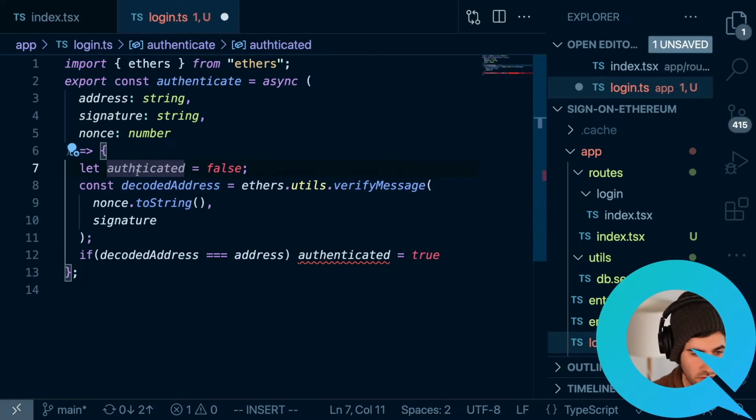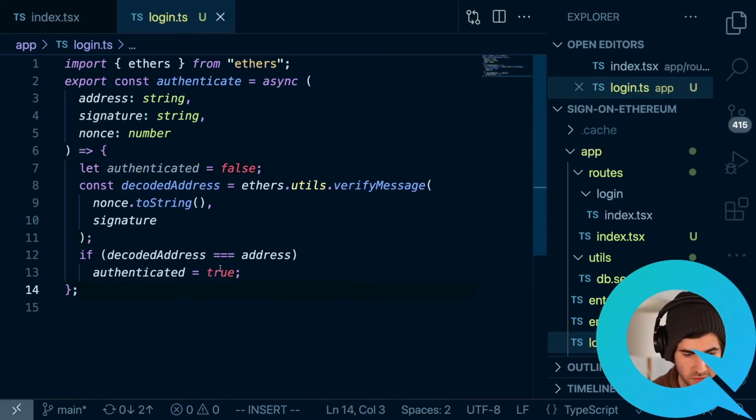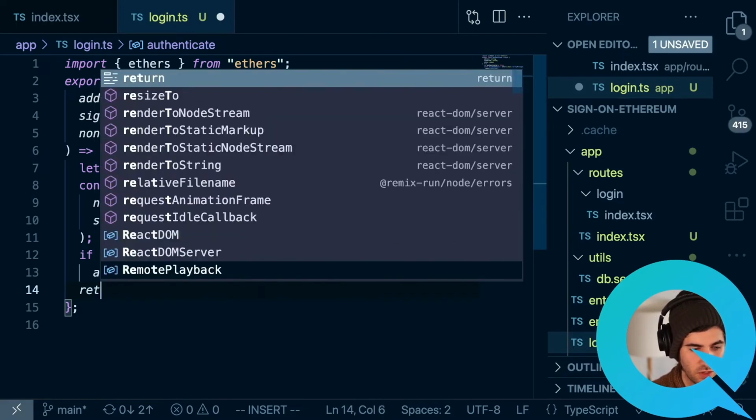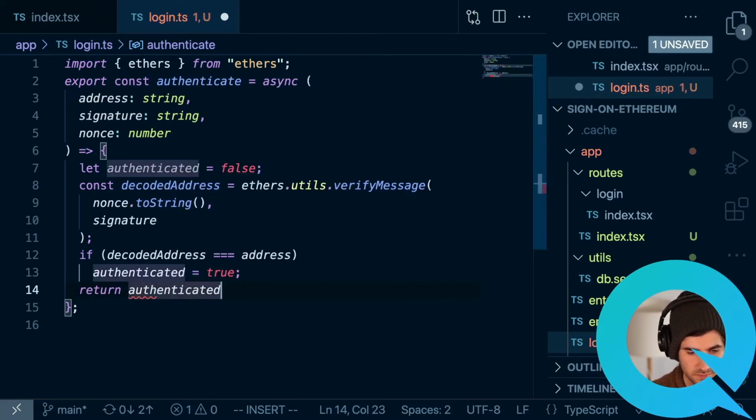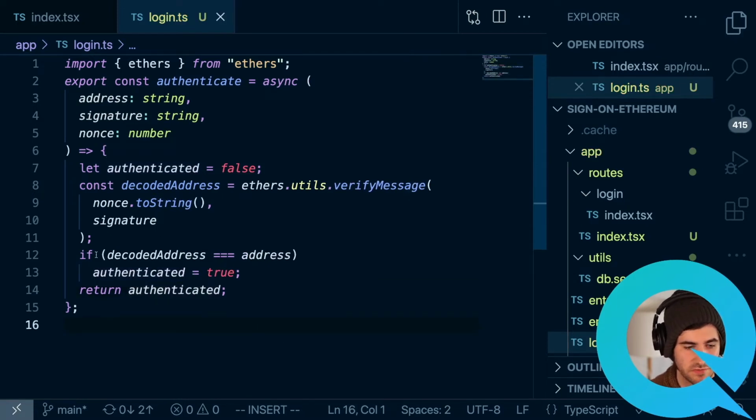Oh, I have authenticated. There we go. I misspelled that. And then regardless, we will just return authenticated. If this wasn't true, then we will return the false value because we didn't enter this if statement. And if it did, we'll return true because the address was the same.